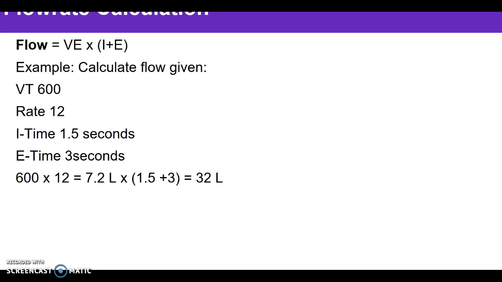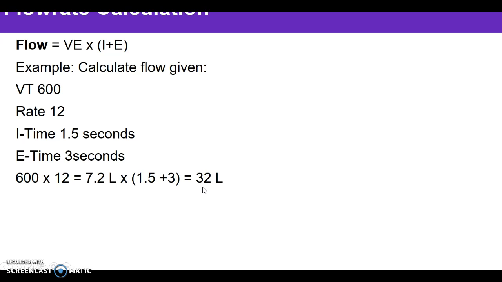That allows us to calculate minute ventilation, if you remember from the previous chapter. So minute ventilation, in this case, is going to be the 600 times 12. So that's our minute ventilation there. And then we're going to multiply that number, which is 7.2, by the inspiratory time plus the expiratory time, which we're given here. And so that'll be 7.2 times 4.5, which will give us a flow rate of 32 liters